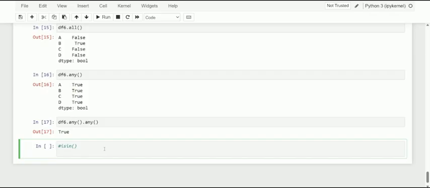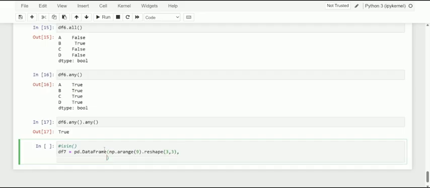Let me create one of the data frames here: pd.DataFrame with an array or a range of 9, reshaped into a 3 by 3 matrix.